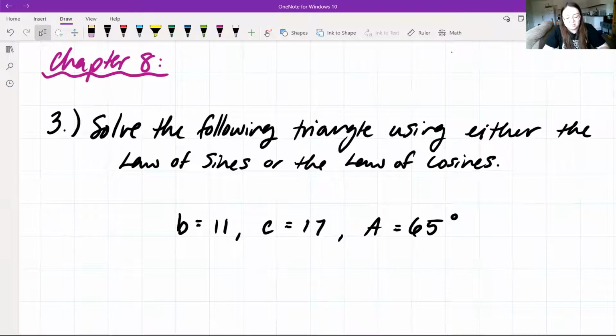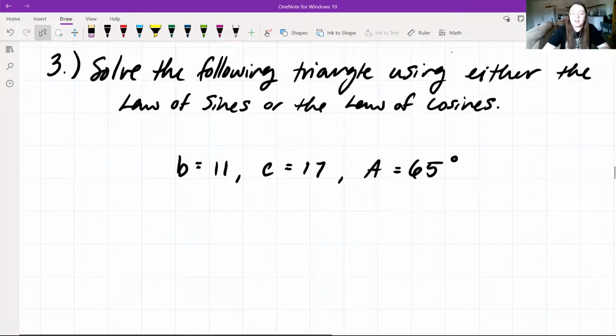All right, so chapter 8. We want to solve the following triangle using either the law of sines or the law of cosines. In this case, we have our starting values. B is equal to 11, C is equal to 17, and capital A is equal to 65 degrees. So we know B and C are going to be our sides when A is an angle